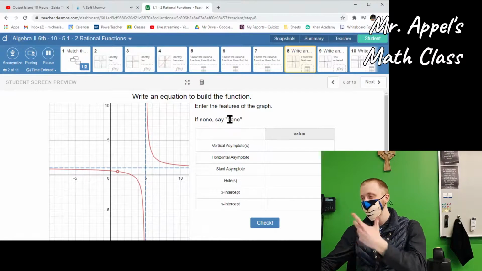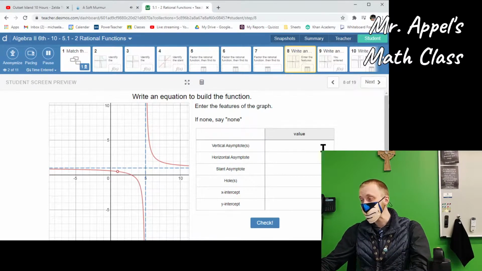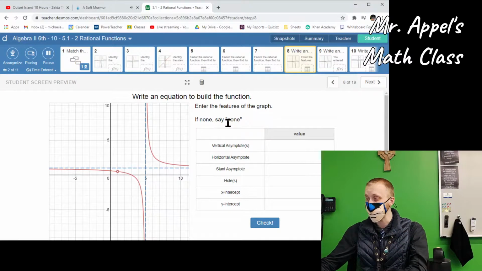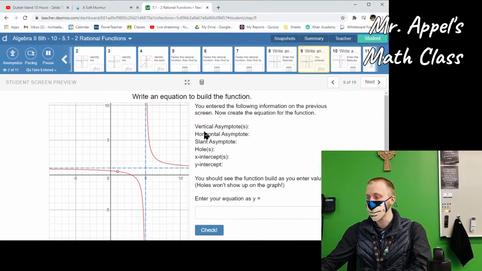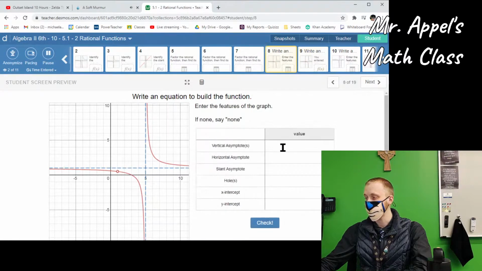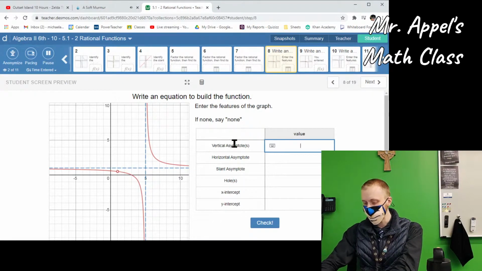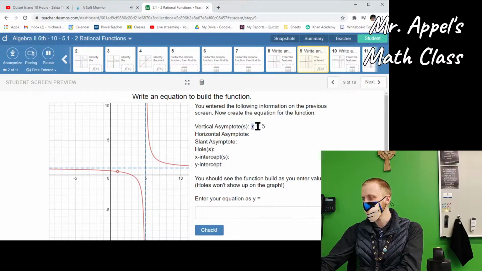And then finally, work from the graph to write the pieces. I like this one. This one we don't get from the worksheet. Work backwards. Here's the graph. Knowing what each of these parts are, enter the features, and we'll build up to creating the equation backwards. And slide 9 will draw directly from whatever you said in slide 8. So I'll check, yes, x equals 5 is my vertical asymptote. So over here it'll say, your vertical asymptote, you said x equals 5. So I know I need somewhere in here in my equation,